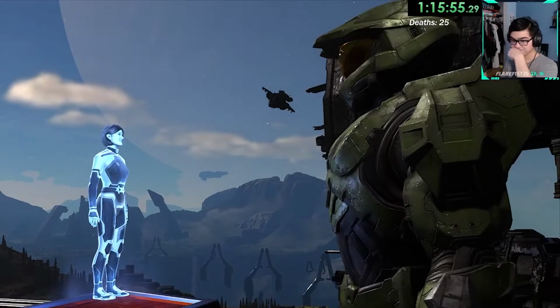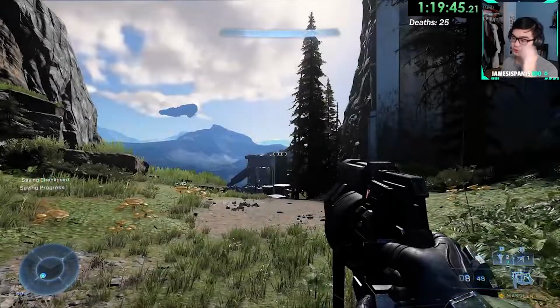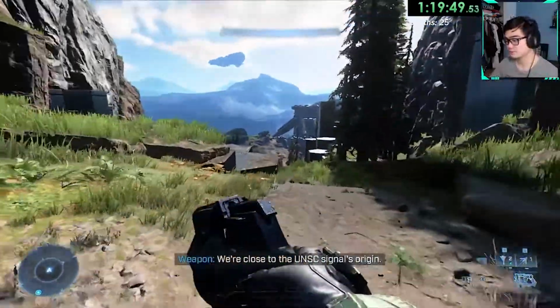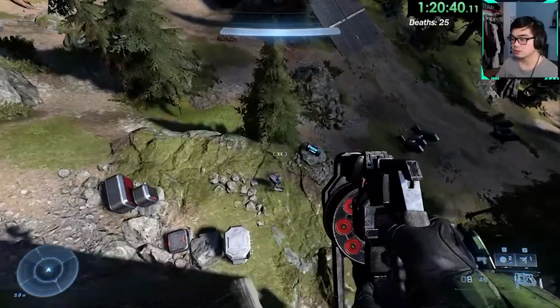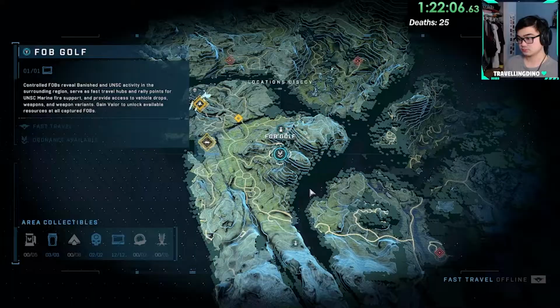Oh. The pilot then picked us up and flew us towards our next objective, the tower. It's at this point in the game where the world opens up and I'm free to explore the ring. Or at least this section of the ring. So, before I headed to the tower, I cleared a nearby forward operating base, or FOB, which revealed a couple